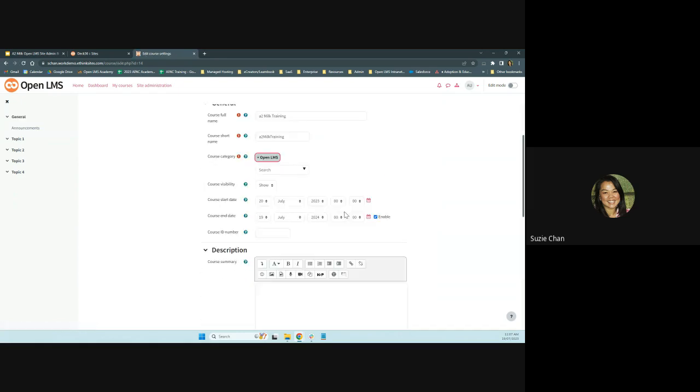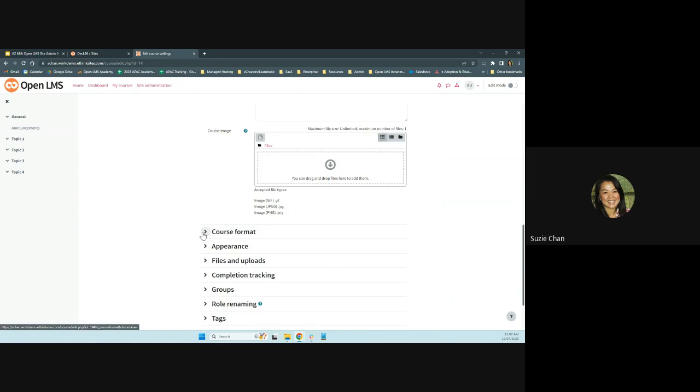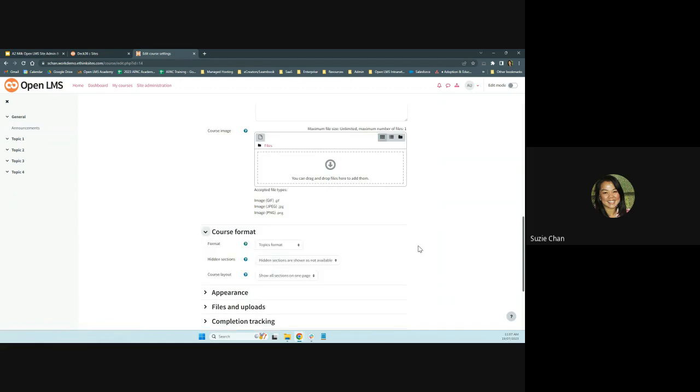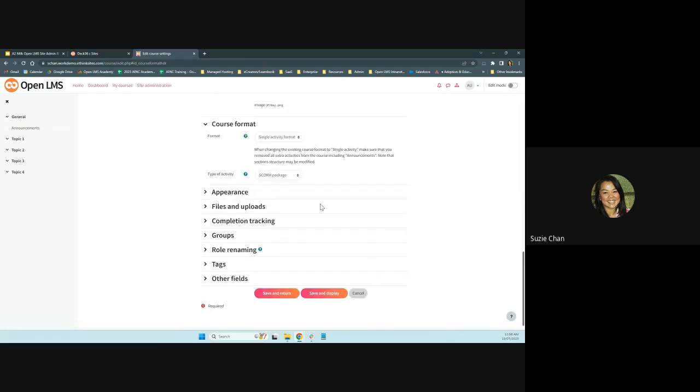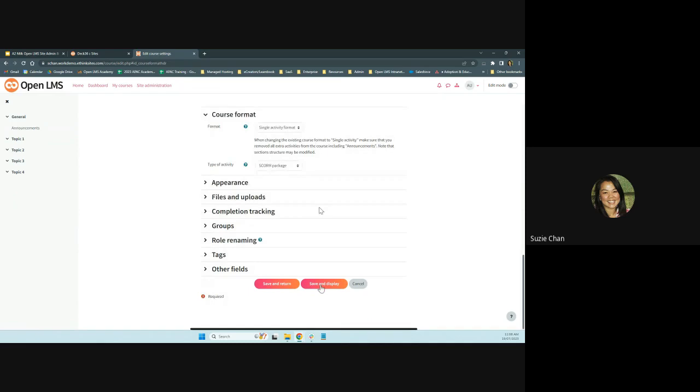So if we go back to our settings here in course format. If you're only adding a single SCORM package to a course, we would use the single activity format. But if you are adding multiple SCORM packages to a course, you would use the topics format, which I will show you both. So we're going to change this format to single activity format. And once we hit save and display,